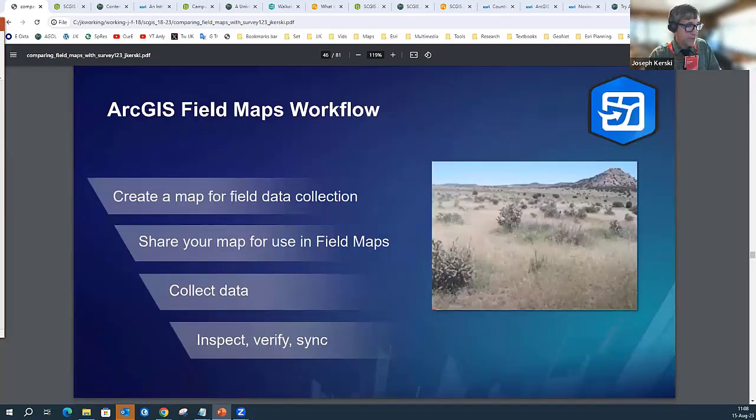And then this is the summary of what you're doing with Field Maps. You're creating a map for field data collection. You're sharing that map in Field Maps, in the Field Maps tool. You or your users, your community, are collecting the data, and then you and/or people that you designate as well can inspect, verify, sync the data. Field Maps is the only one of the 3 that lets you do this kind of thing. I've got people checking in and checking out the data. So I want to be able to take the latest and greatest, and I don't want any conflicts to be